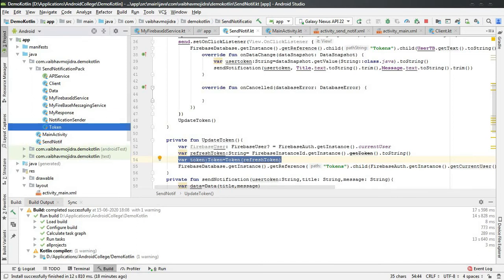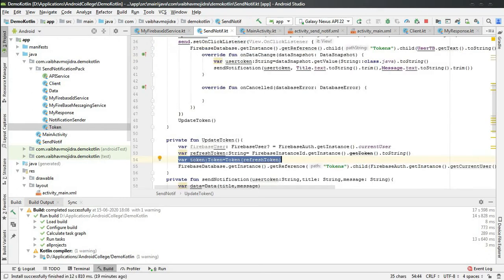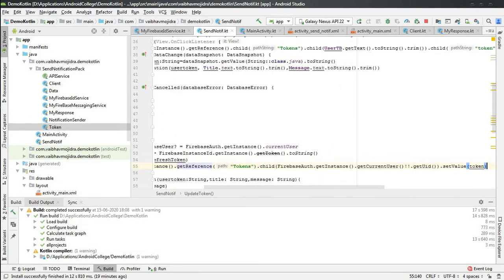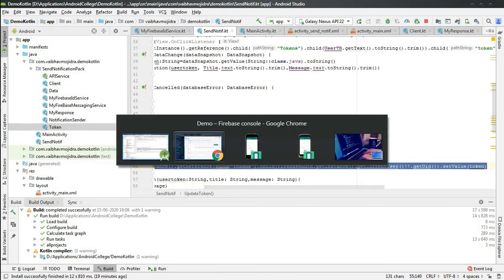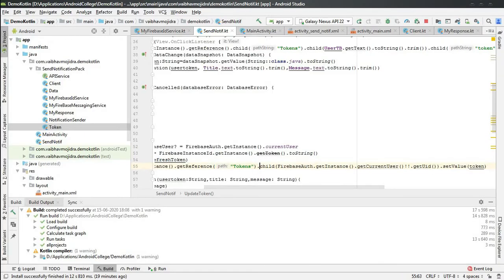Then it will get the token using the user ID. This is the syntax for that, and we are getting the token over here. After that, we are storing this in the token class. This is nothing but a simple POJO with getter and setter, in the language of Java. We are wrapping it in the form of getter and setter in a token object. The token class is used to store a single token. So whenever the screen is opened, this will work and it will store in this format.